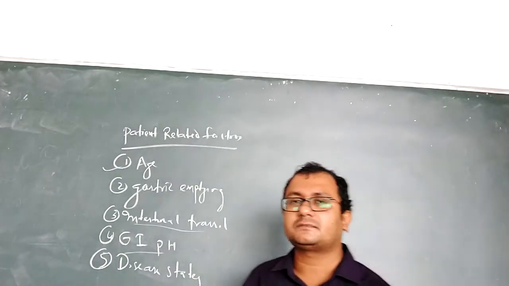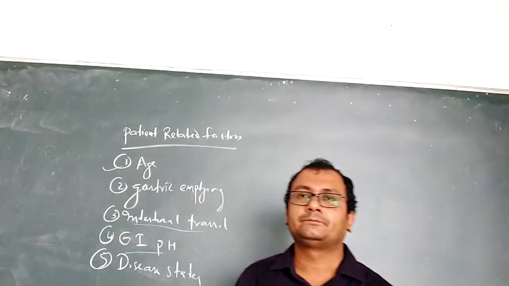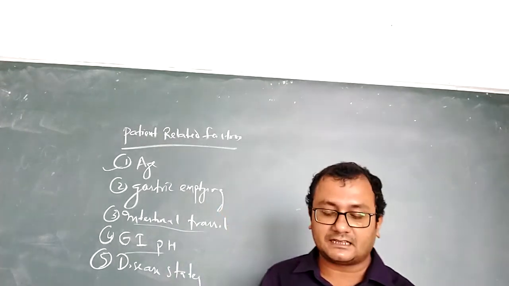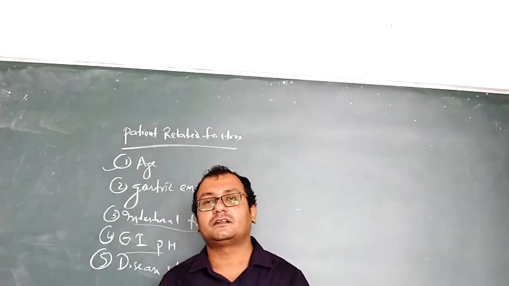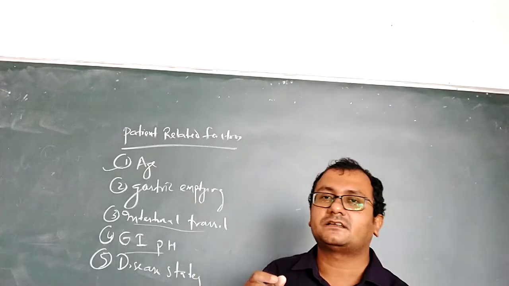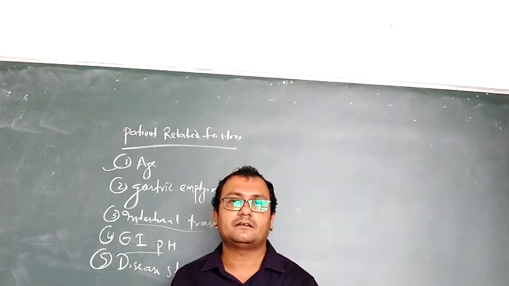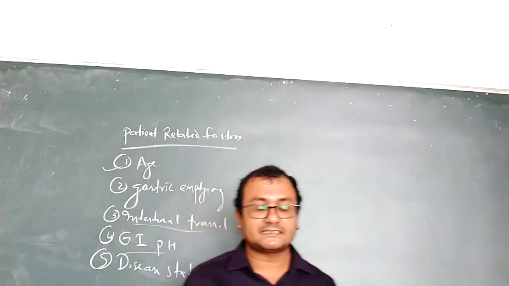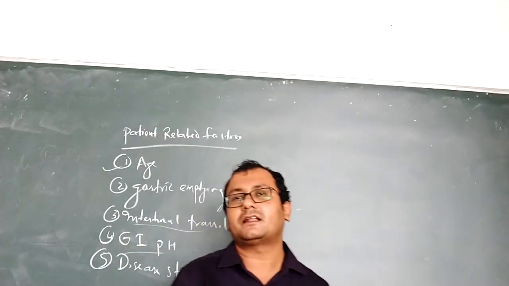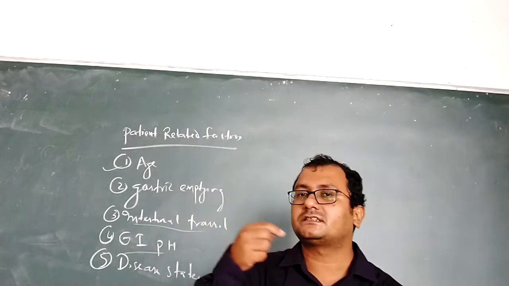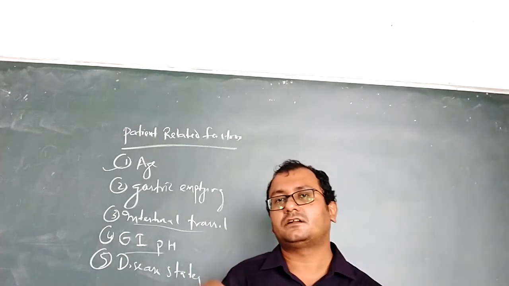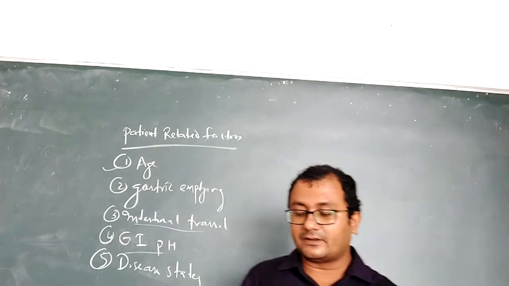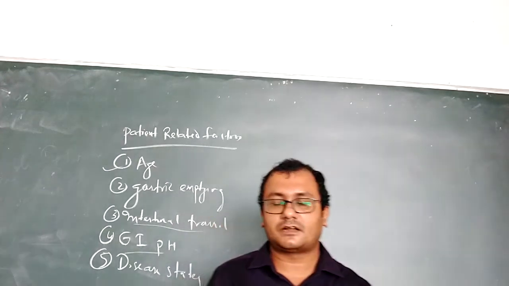Whatever we have discussed in the GI tract, those factors we have to follow here also. But let us discuss individually what is happening in the per oral absorption. If you take buccal or sublingual, sublingual means under the tongue, buccal means in the cheek, between the cheek and the teeth. In these cases, the drug should absorb through the mucosal membrane of the mouth or the mucosal membranes under the tongue.